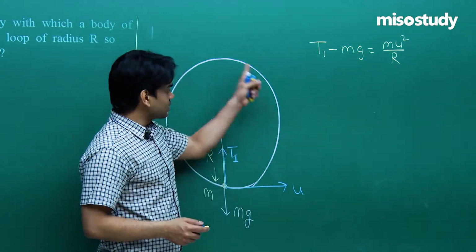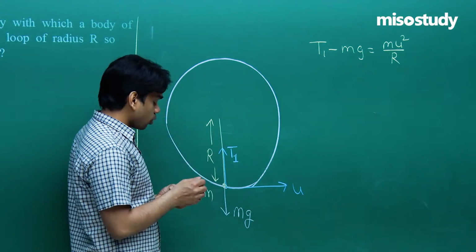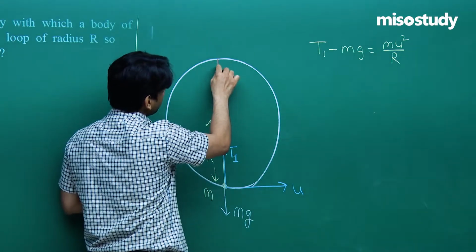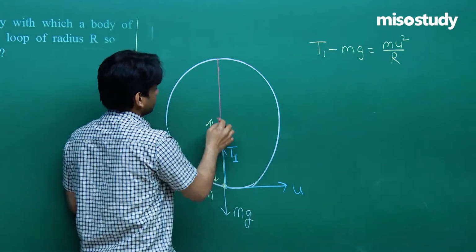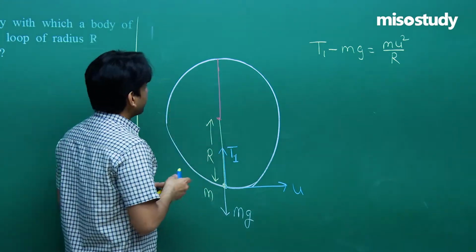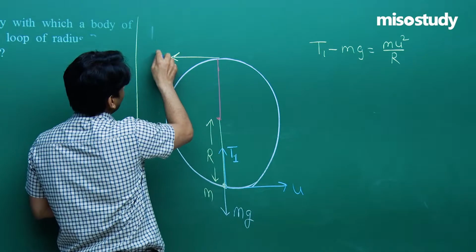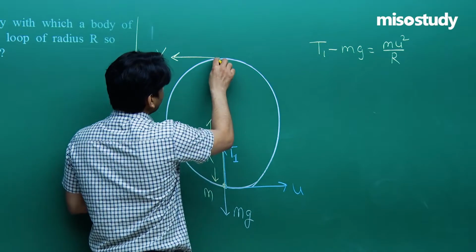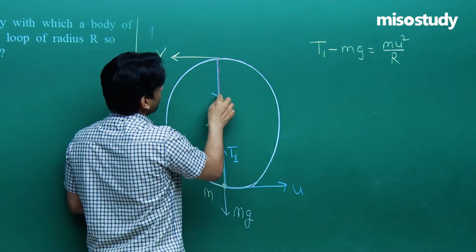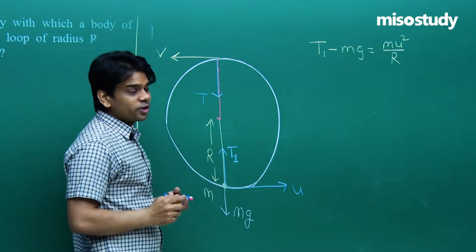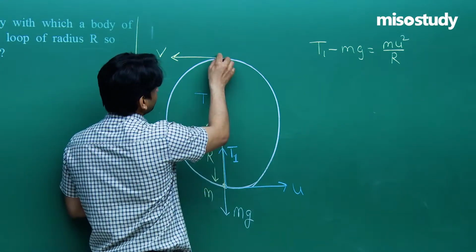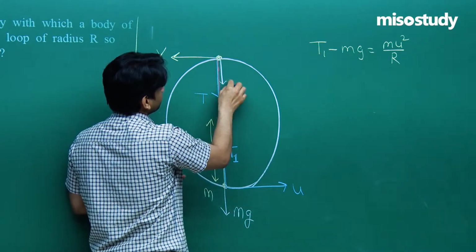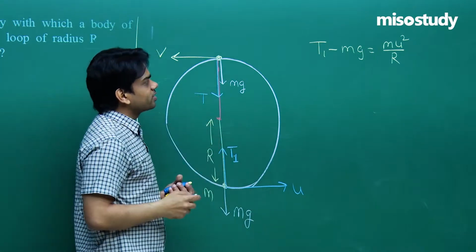Now as it whirls, it will reach the topmost point. To show the particle's position at the topmost point, let me draw a magenta colored string. Now the body is at the topmost point. It has to complete the circle. Let's say the velocity here is v. Again, the forces that will appear here: tension T will be within this string. Again, tension T always acts away from the object, I have already told you. Its weight mg will be acting downward. The velocity at the topmost point is given as v.